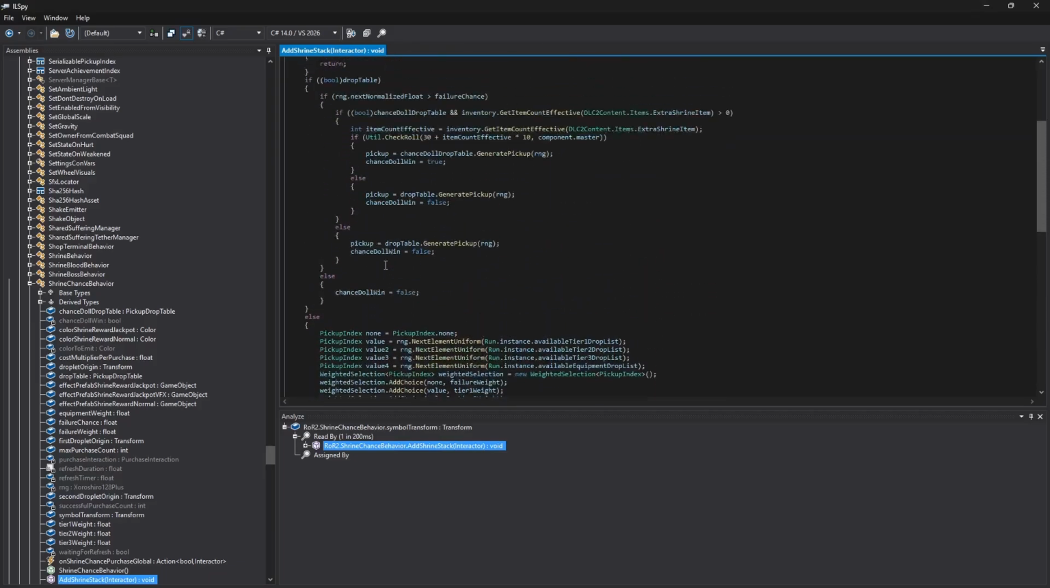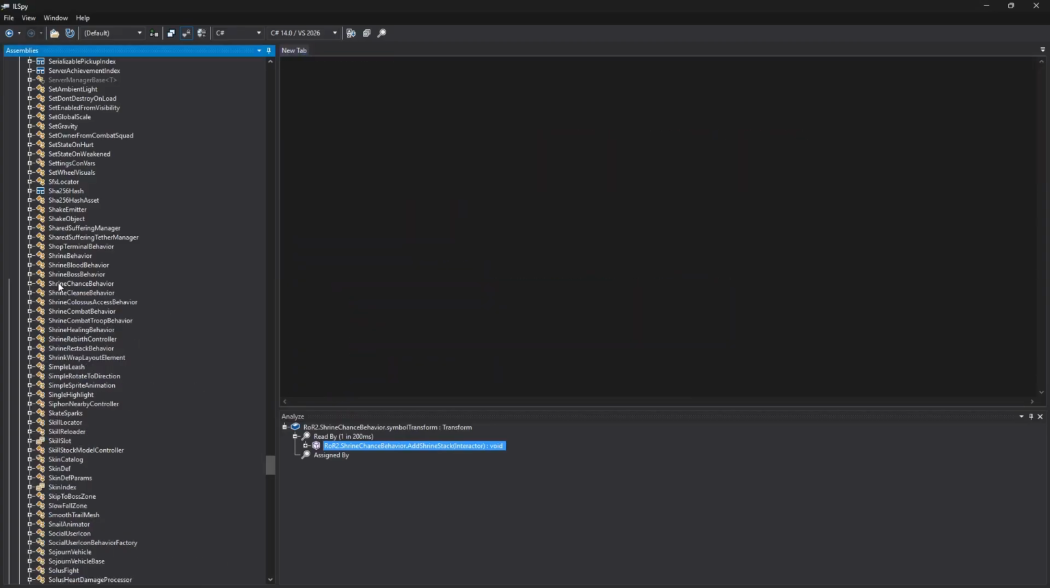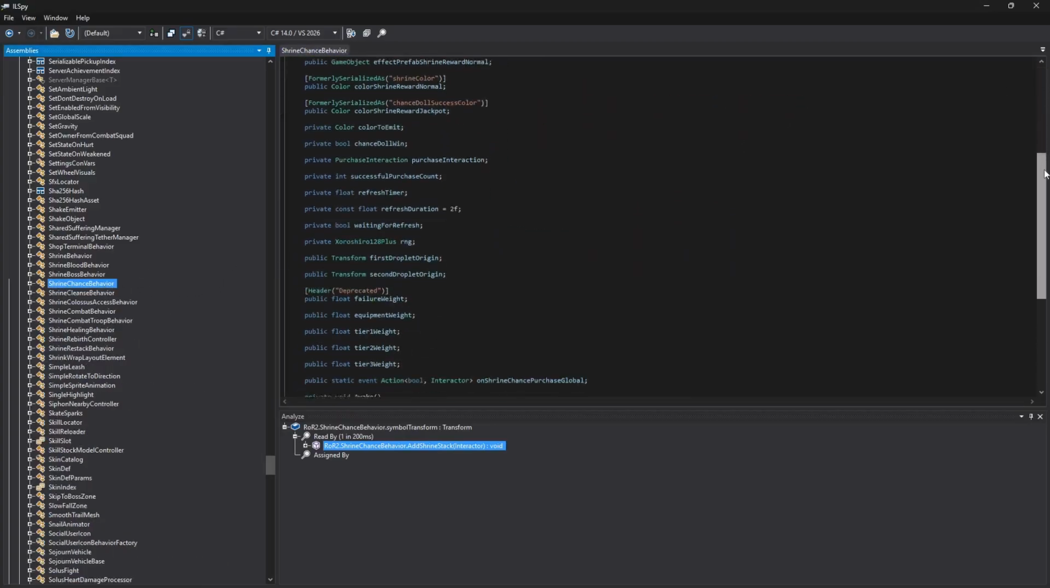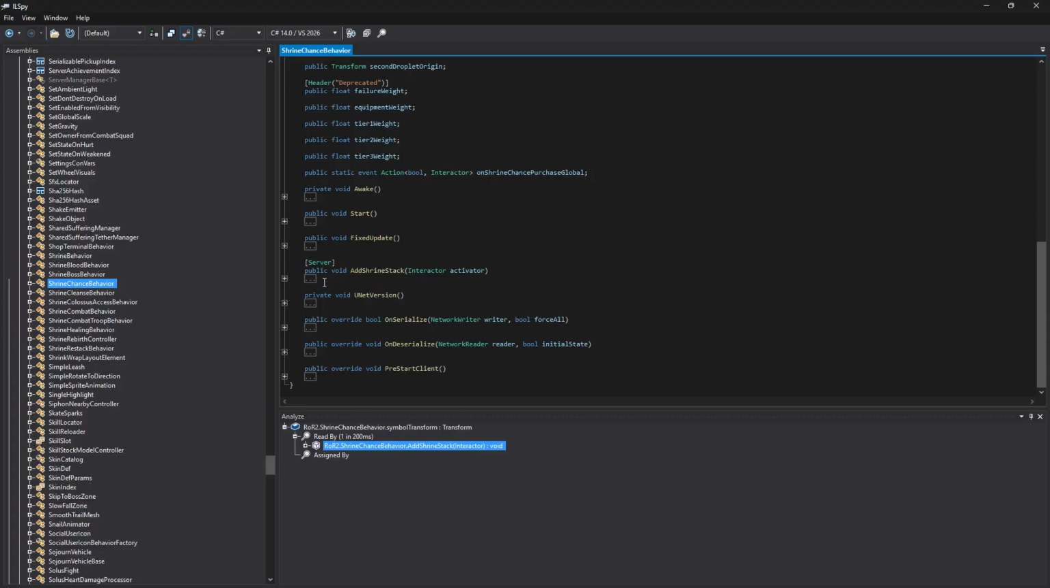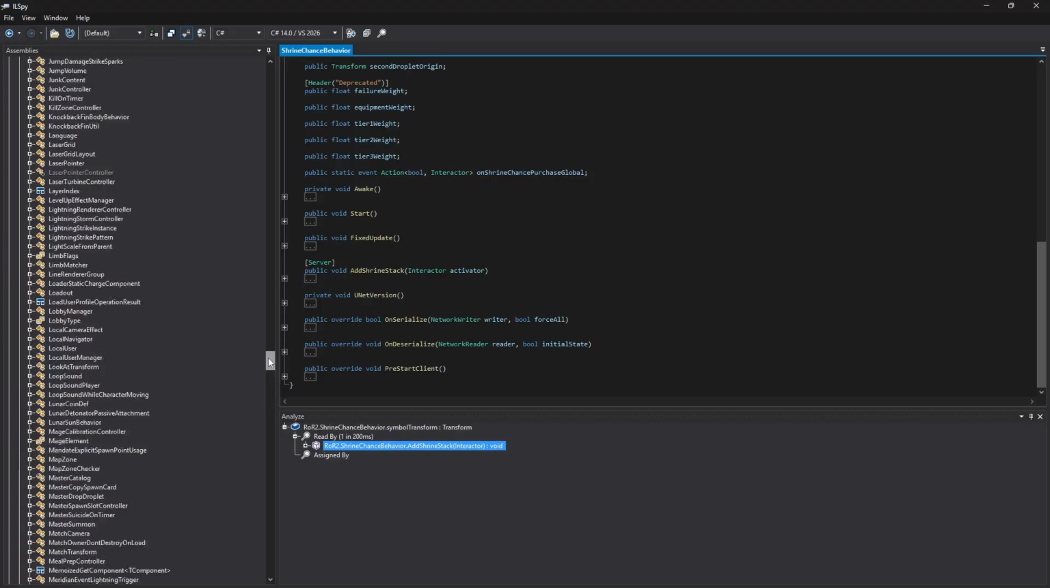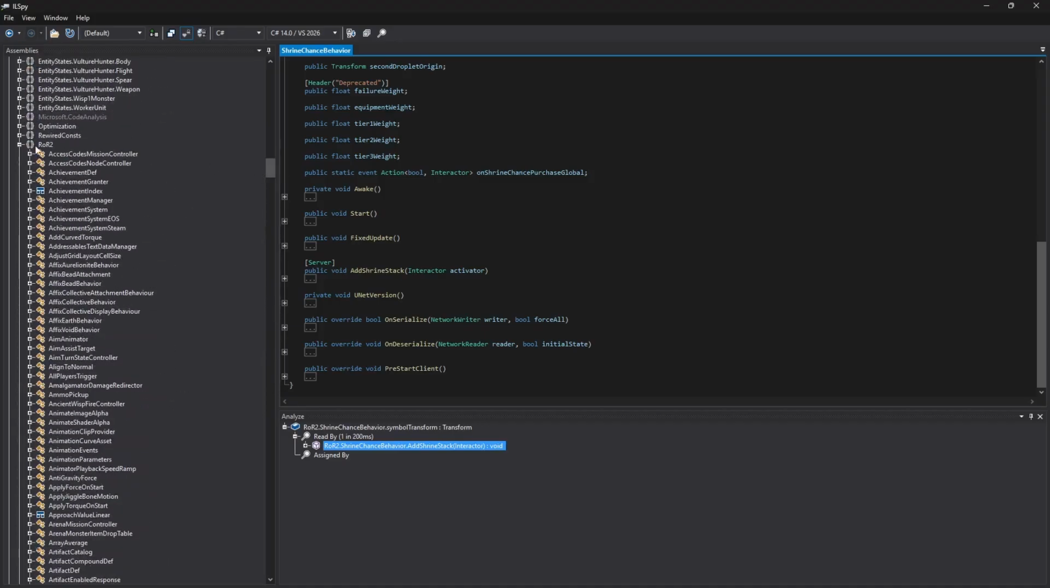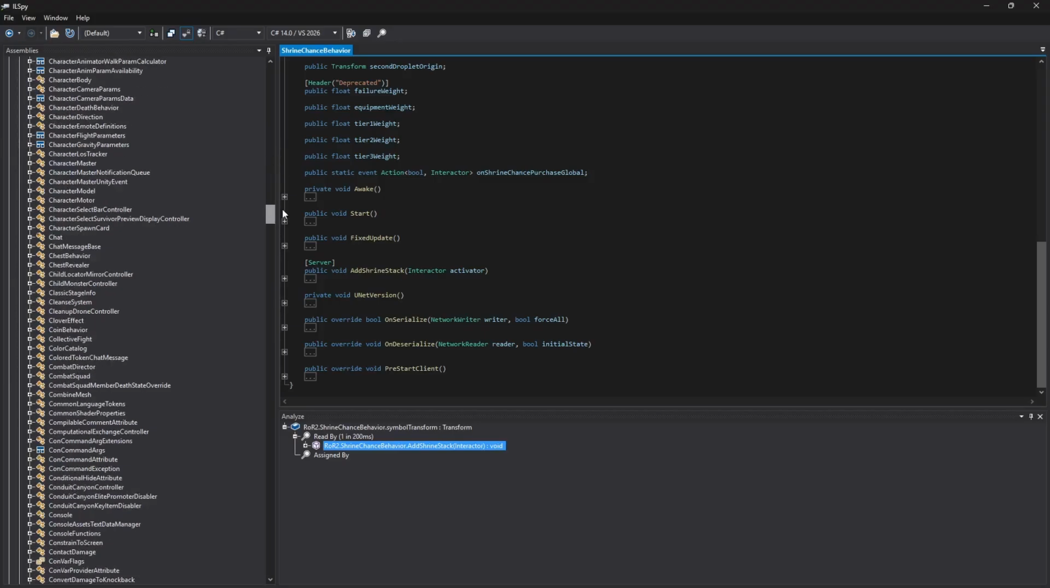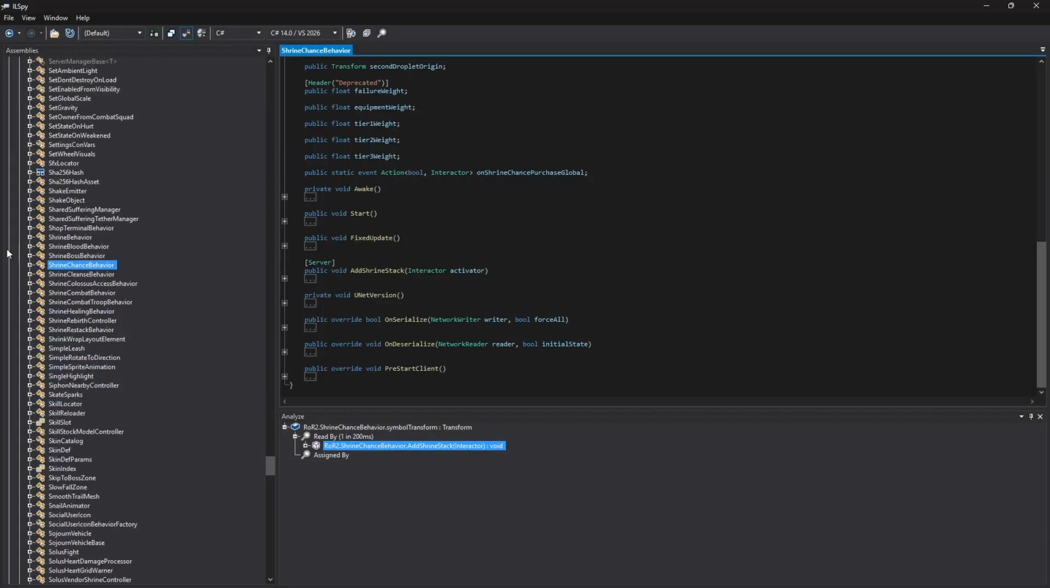But okay, we found the method. It's in shrine chance behavior. It is add shrine stack. So where is this exactly in the namespace? It's in Risk of Rain 2 or RoR2, and then it's just immediately shrine chance behavior, and the method is